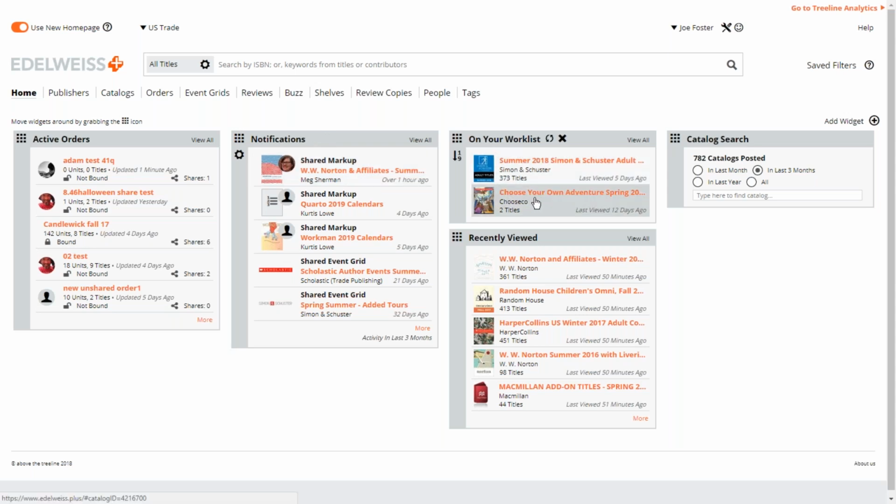A work list is essentially a place for you to store all the catalogs that you're working on right now. So you can click into a catalog, add it to your work list, and then you always have a nice list of whatever you have on your docket. And once you're finished, you can remove stuff from your work list really easily. But when you click into a catalog, which I will do,